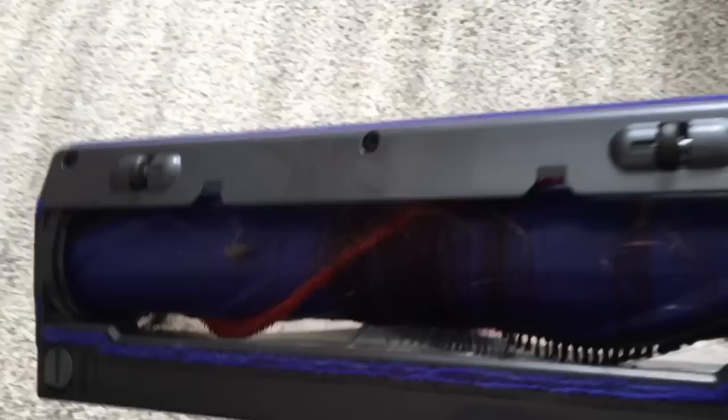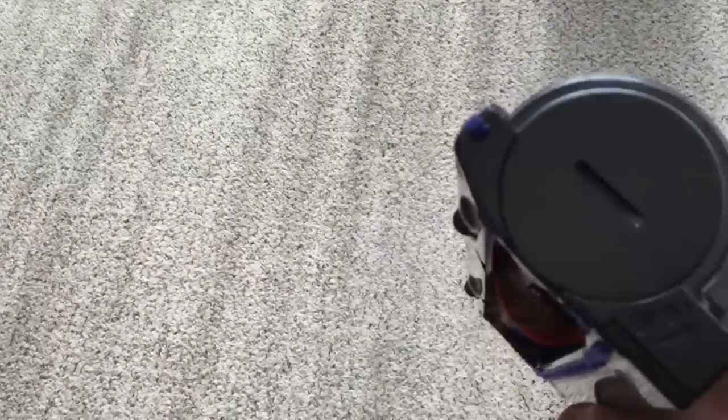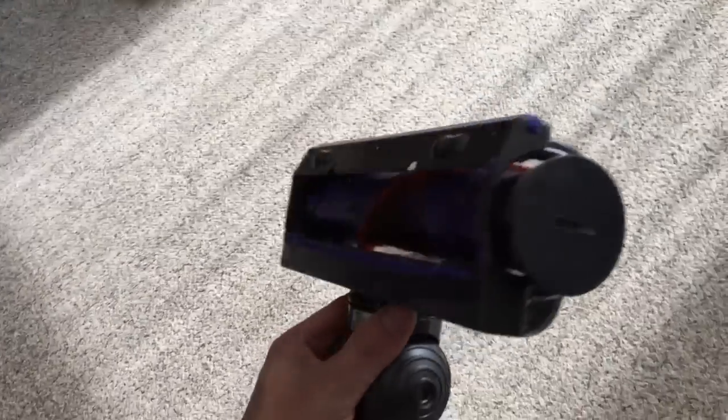Okay, on the roller, as you can see, a female does live in this house and I have a dog, and it is absolutely covered. This feature is fantastic. Watch. So I've twisted off the end, you can see there. This whole roller